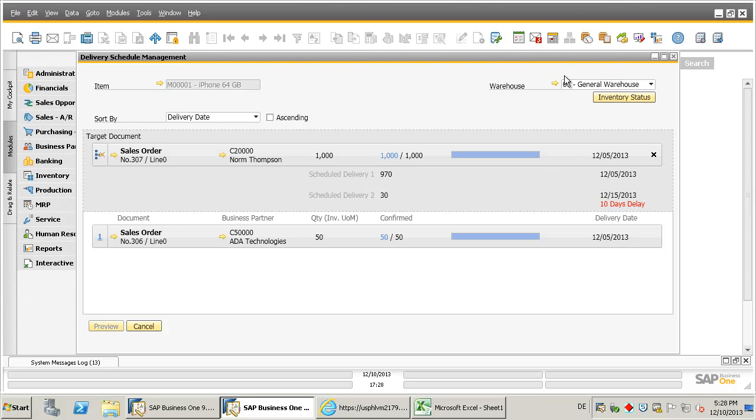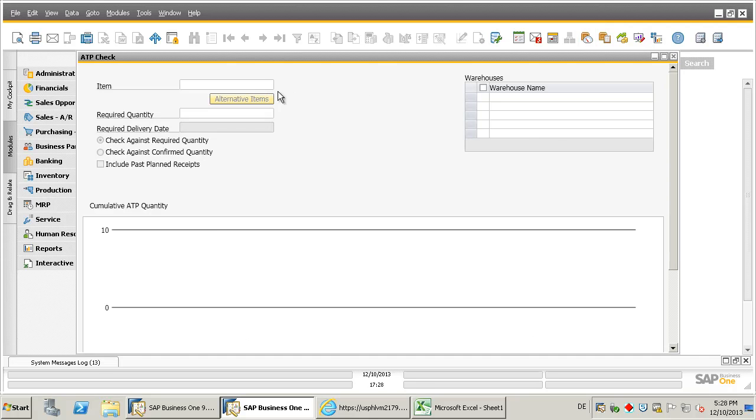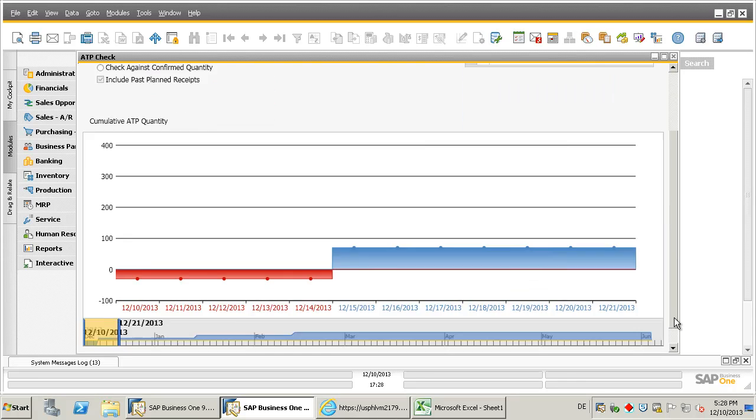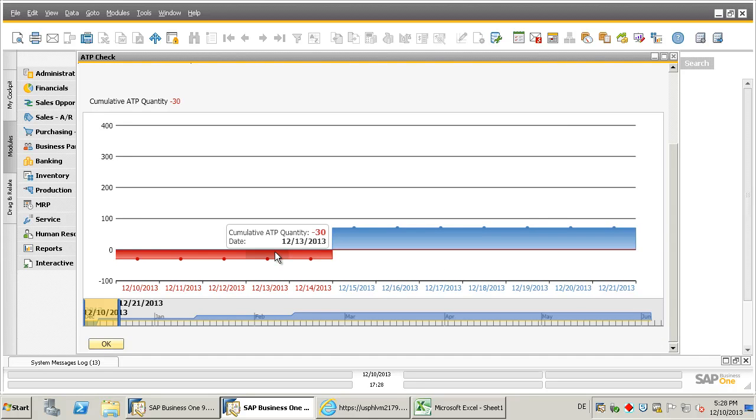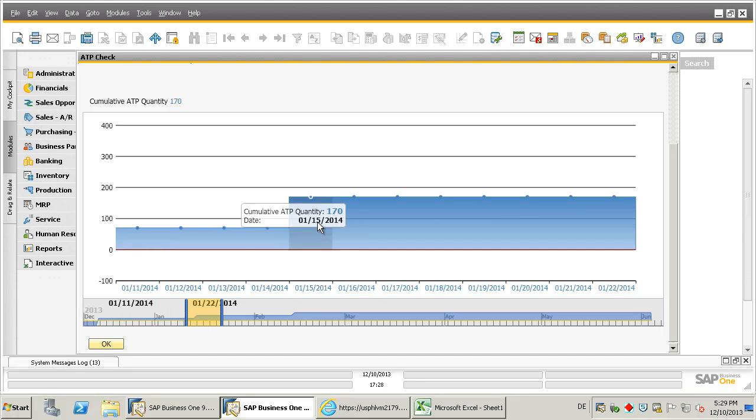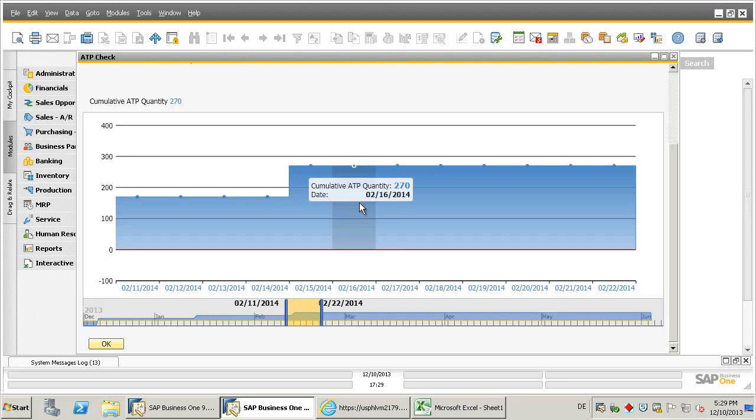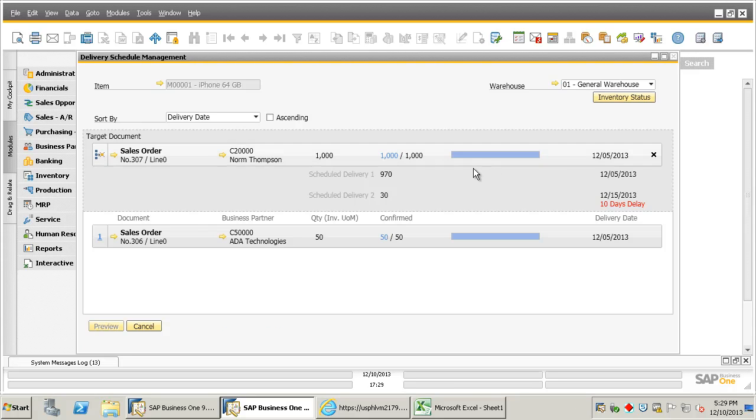However, there's one more tool which is called the available to promise check, where I can just enter here again the iPhone, and this allows me to see at the moment I have a minus 30 cumulative ATP quantity. However, in a few days I will have 70, and if I move further forward there are more and more purchase orders coming. So with this I'm confident, and I will move here the quantity